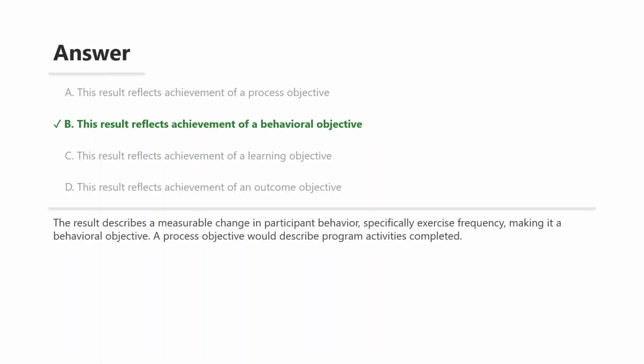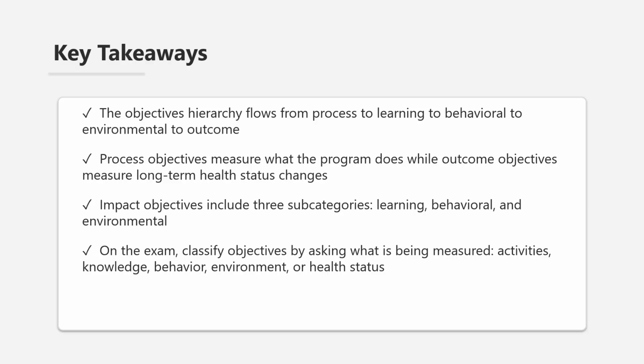The correct answer is B. The result describes a measurable change in participant behavior, specifically exercise frequency, making it a behavioral objective. A process objective would describe program activities completed. A learning objective would measure changes in knowledge or awareness. An outcome objective would describe changes in health status such as reduced cardiovascular disease rates. Summarize the key